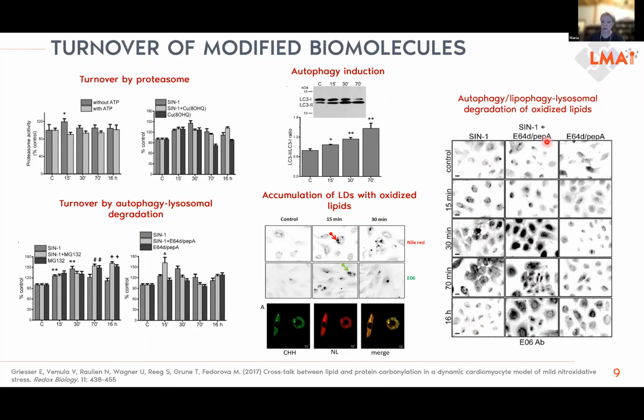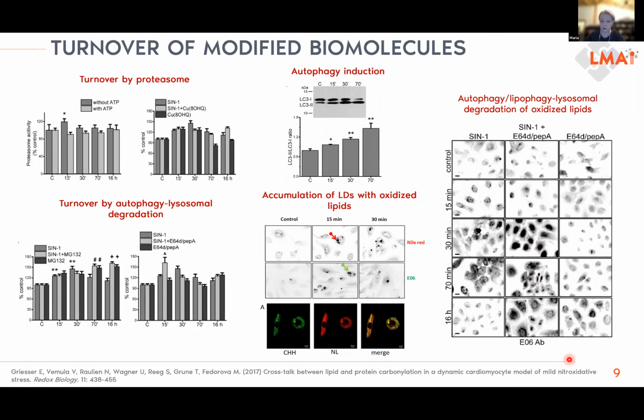But if we start to interfere with lysosomal degradation, then this process goes on and cells cannot manage this accumulation of oxidized lipids anymore. So we could see that this kind of lipid signaling, the action of modified lipids in the first moments of the stress, is very important, and this autophagy lysosomal degradation is really critical to manage this clearance of